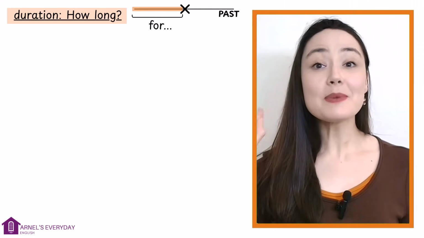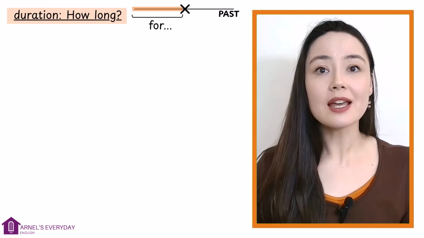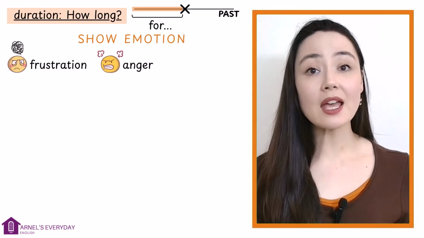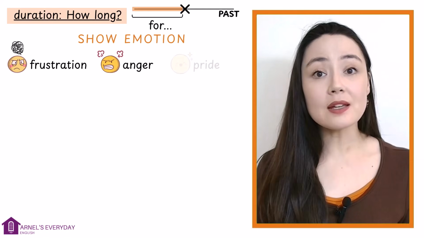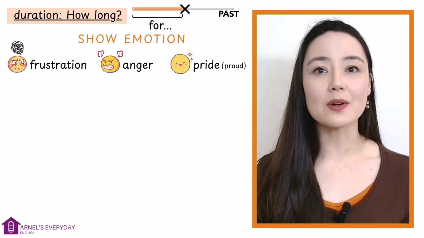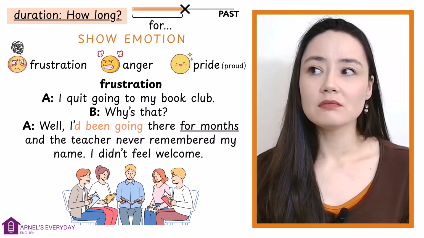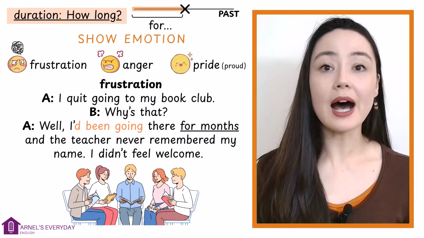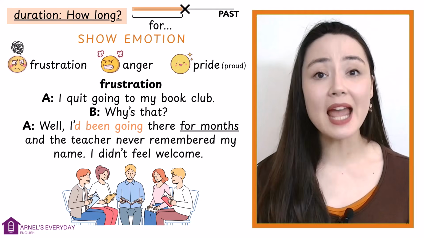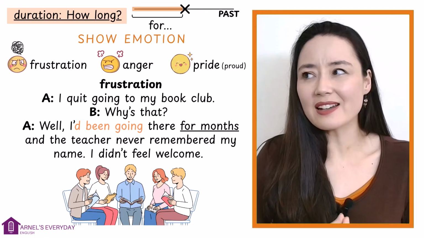Tense tip. Because the past perfect continuous often focuses on duration, it's a good way to show emotion, frustration, anger. It can also be positive, like pride. Pride is a noun form for proud. Frustration. I quit going to my book club. Why is that? Well, I'd been going there for months and the teacher never remembered my name. I didn't feel welcome. You can feel that frustration, that exhaustion,